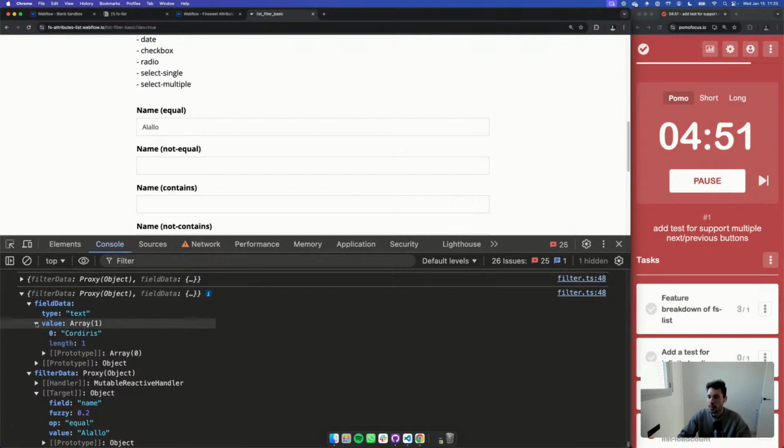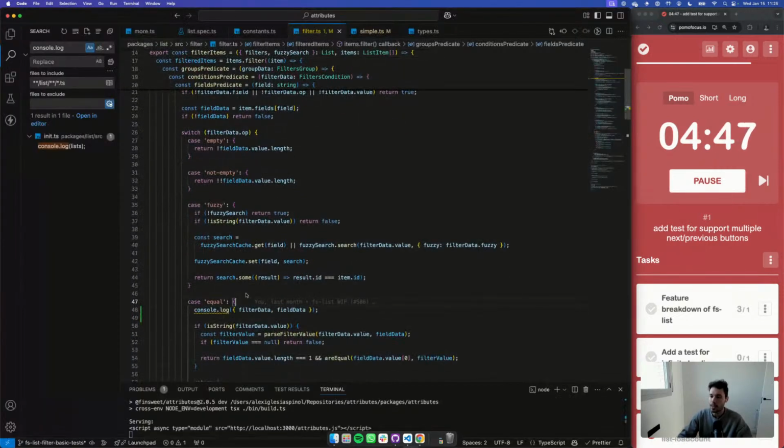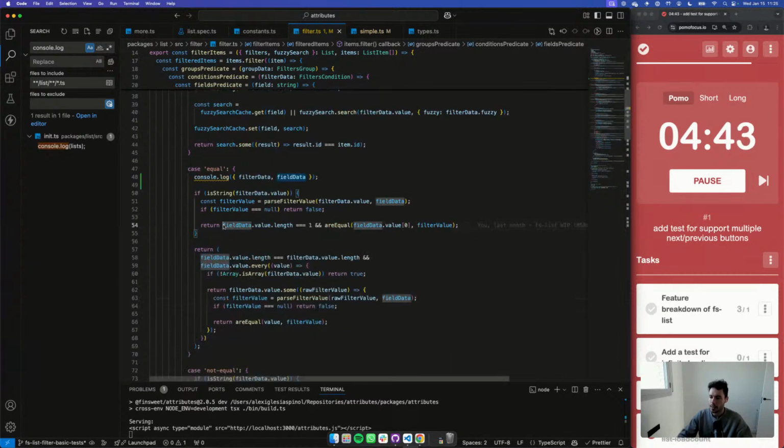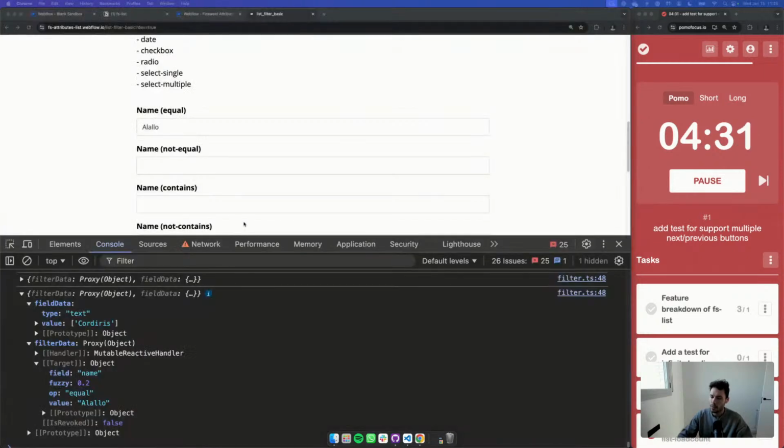Correct. Okay, so the field data where we're checking in here, I'm checking for it to have a value of length equals 1. But it's not an array. No, yes, it is an array.